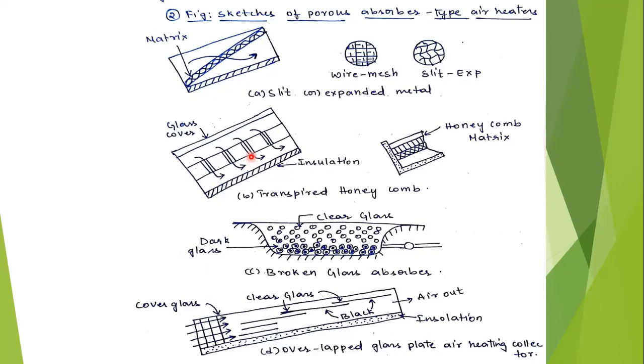Too many surfaces and too many restrictions are there if you add fins, because the airflow requires a larger fan. If fins are used in the non-porous absorber, we need a large blower to flow the air. The air will be passing through the fins. If you blow it slowly, it cannot flow through the fins. So a large amount of energy is required to push the air through.